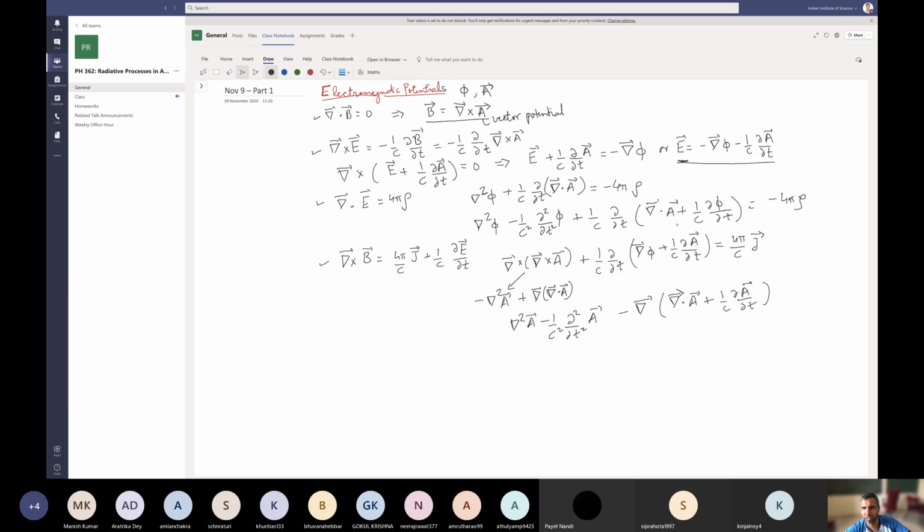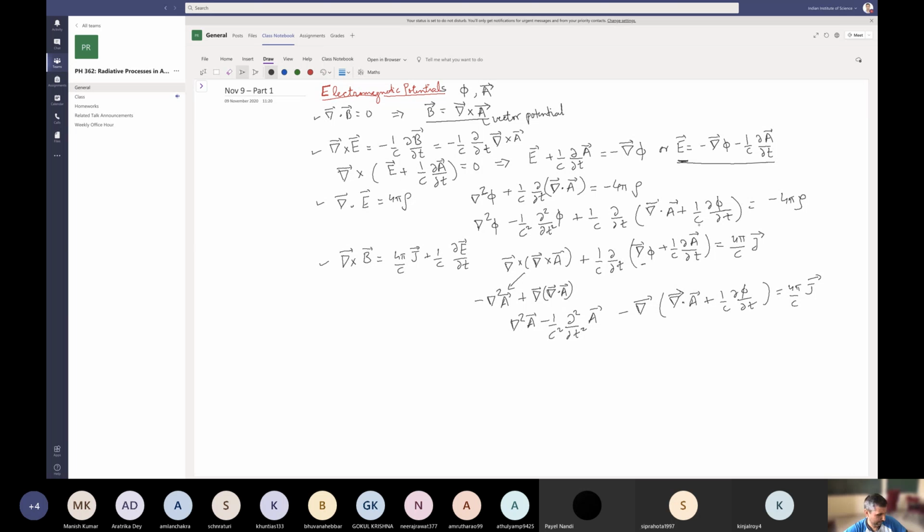Sorry, it's dou phi dou t, because it's this cross term. Okay, so this is equal to 4 pi by c j. Again, this is like a wave equation for a vector A,